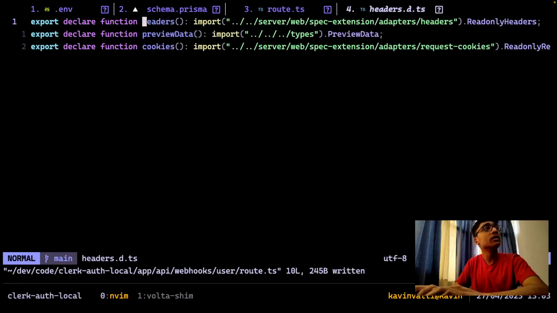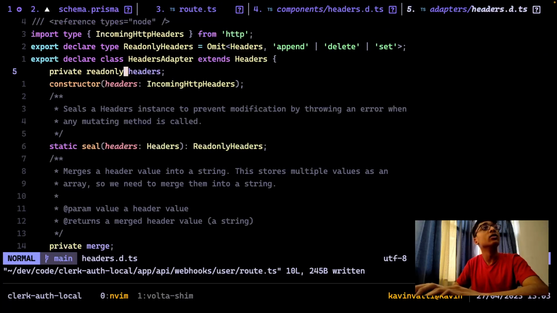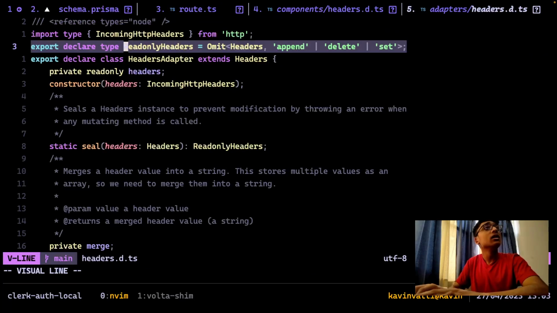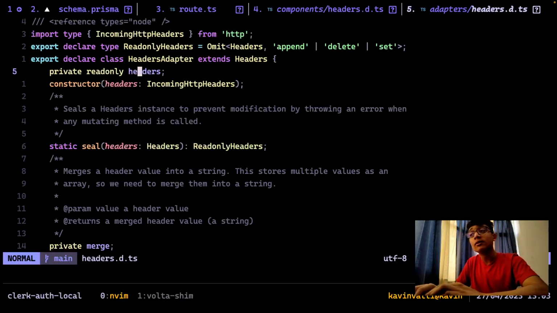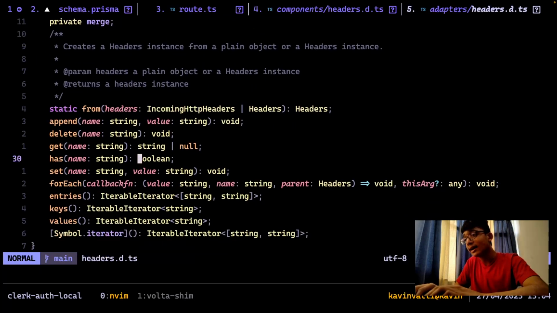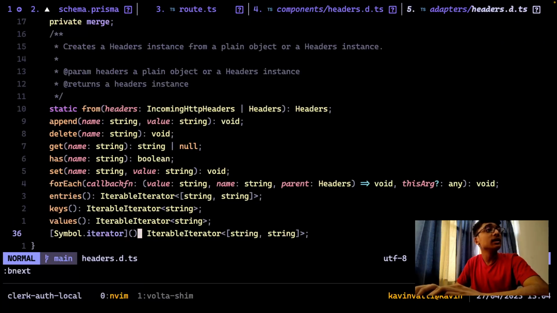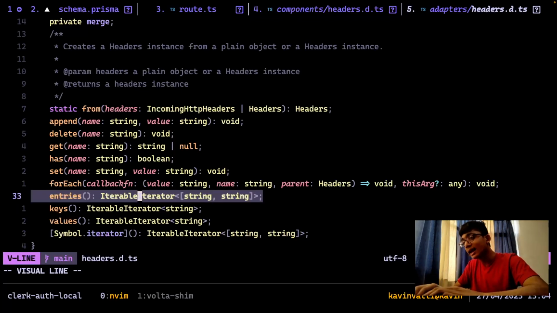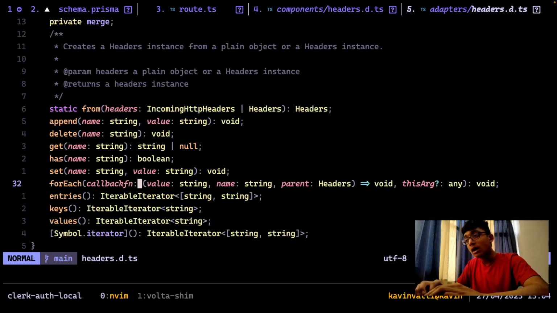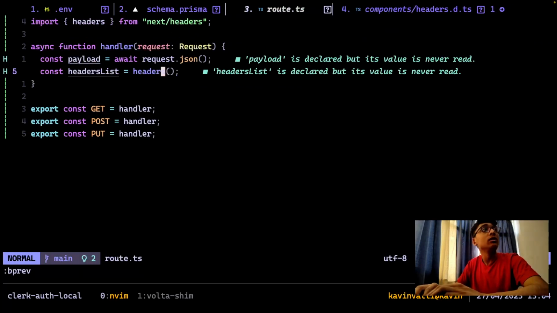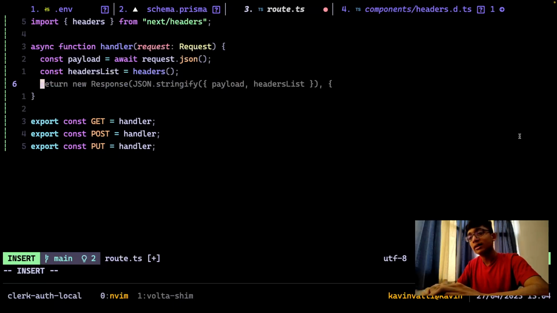So if I look at the definition for this and look at what ReadonlyHeaders is, this is basically a class, right? So a type of that. It is basically a class with a constructor and has all these functions inside, and this is not returning a dictionary as we want. Now, what you could do is take the keys and the values and make your dictionary on your own using the entries, maybe using a for loop. You can use this forEach over here. But to make this an easier job for us,